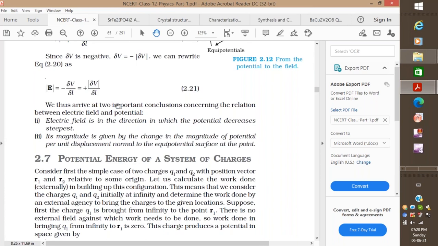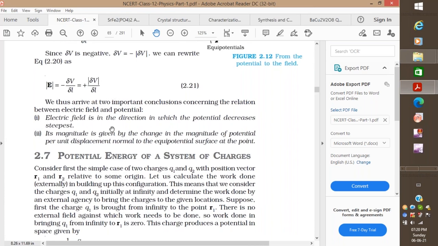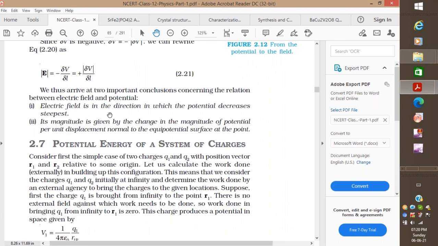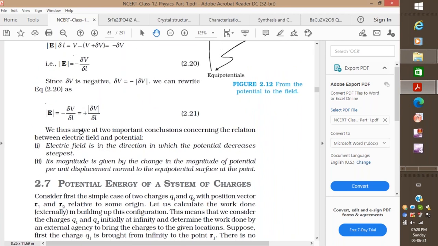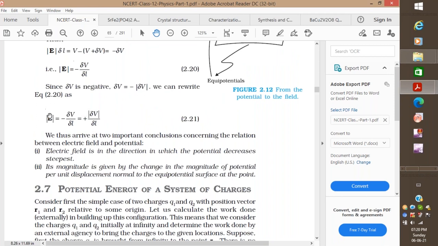So the conclusion, actually there are two conclusions. One is the electric field is in that direction in which the potential, sorry, potential decreases the steepest. That means if I take this as positive, the electric field will be more if the delta V is more. Okay, or I can say the electric field will be more if the change in the potential is more, right? Del V by del L, if this value is increasing, then the electric field also will be increasing. That means your electric field direction is in that direction. And if I say a negative sign, del V by del L with a negative sign, then I can say the